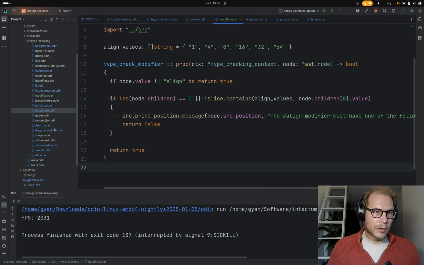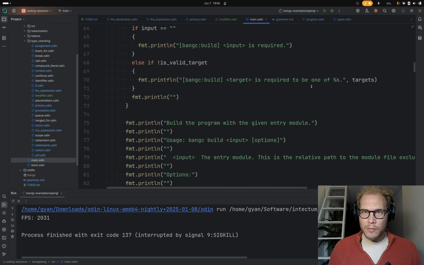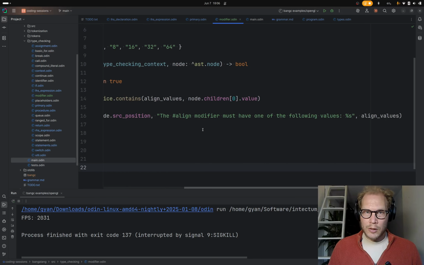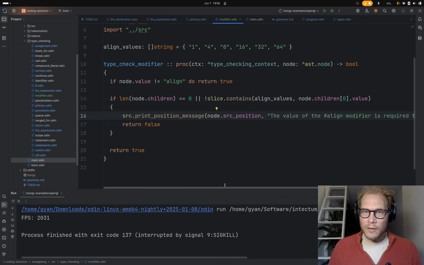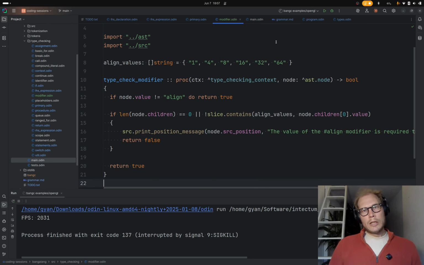Okay. Because I'm a stickler for the way I structure these messages, it's required to be one of. Is required to be one of. There we go. So that should do that.